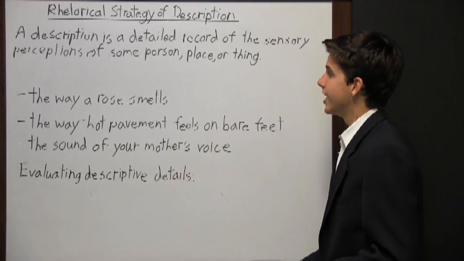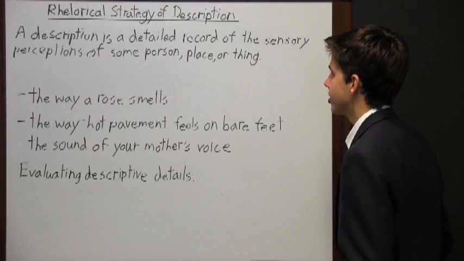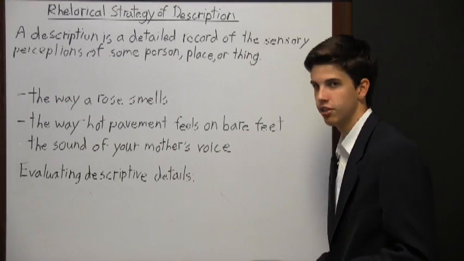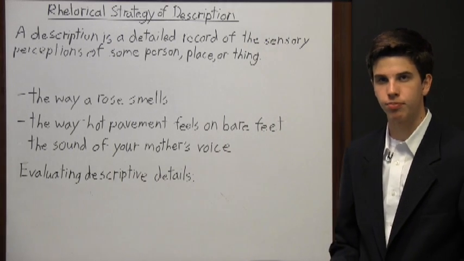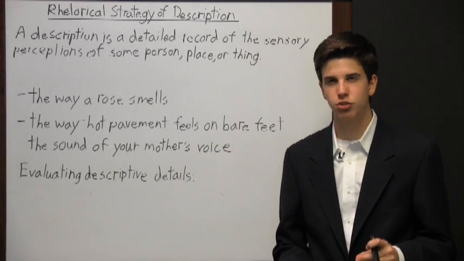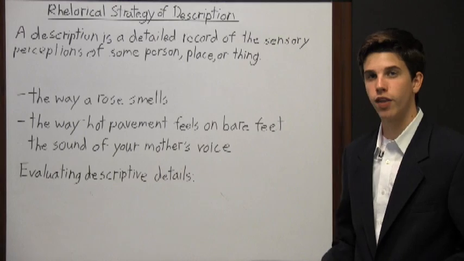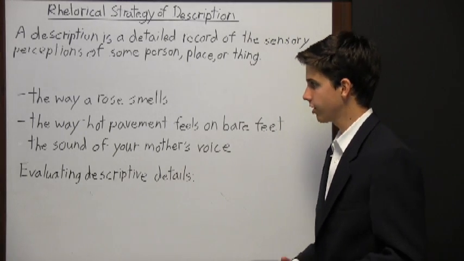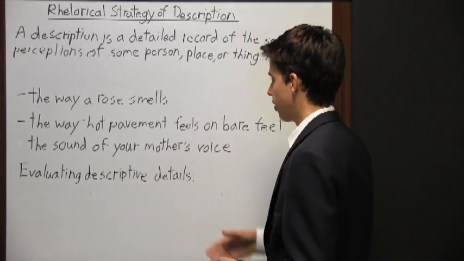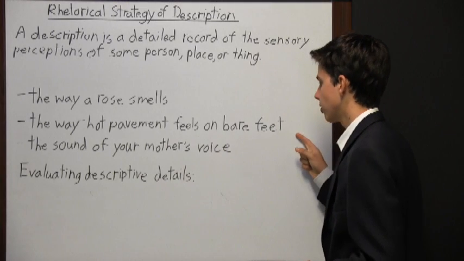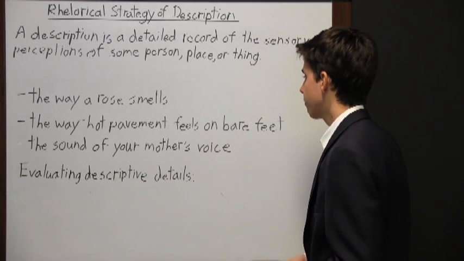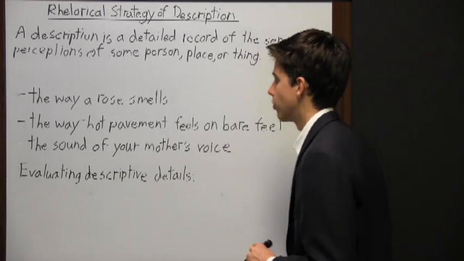A description is a detailed record of the sensory perceptions of some person, place, or thing. In many cases, an author will seek to make a point through their description. So consider if a writer wrote about the way a rose smells, or the way hot pavement feels on bare feet, or the sound of your mother's voice. All of those would be